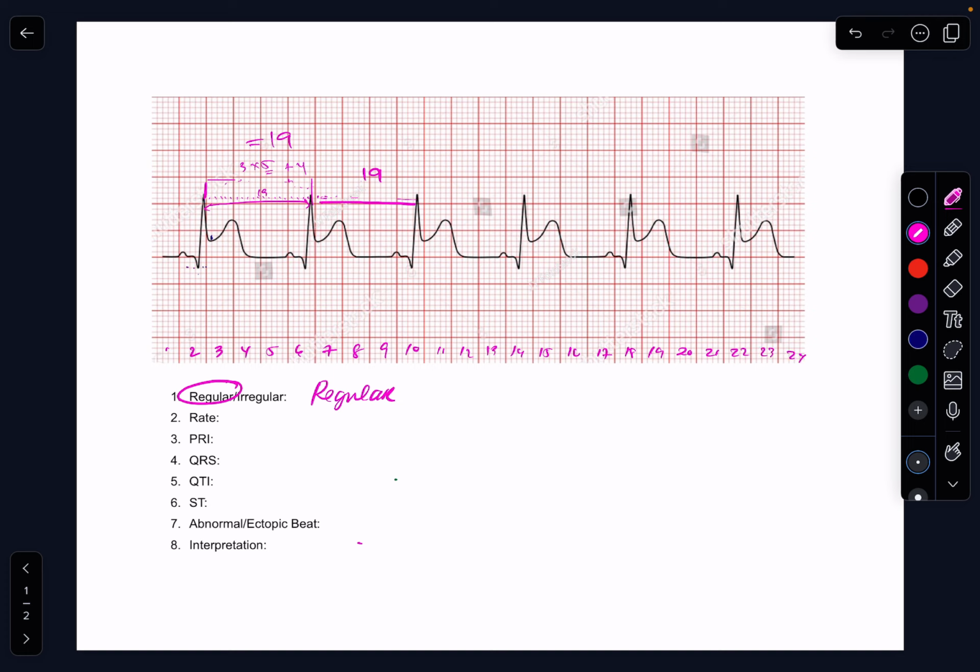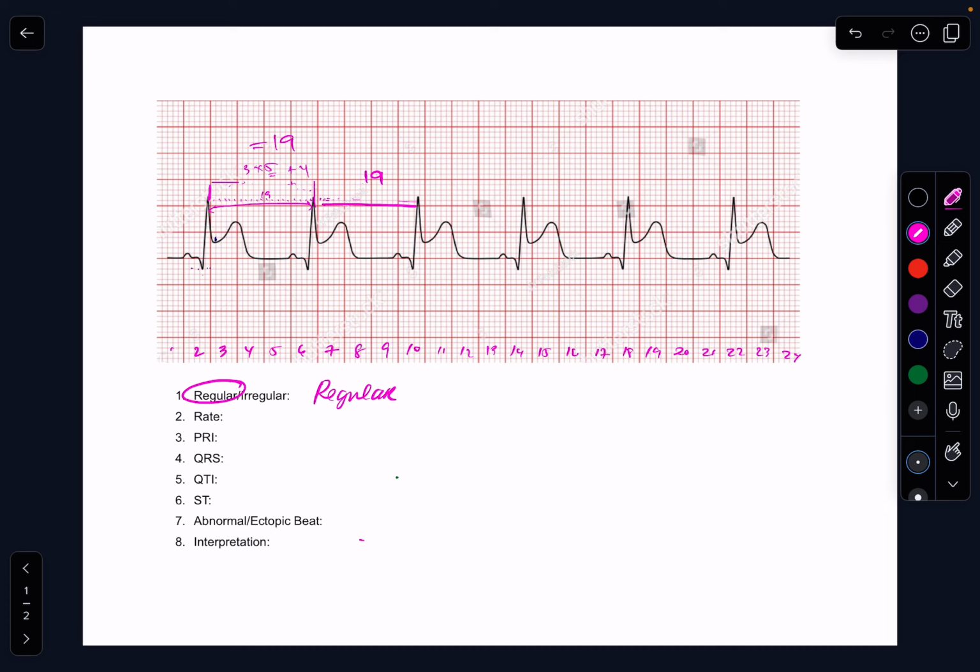Well, unfortunately, I can't use the 6-second method just because I don't have enough. Sometimes we may print our EKG strips and maybe we cut it too early, so we don't have that full 6-second, so we can't use that method. Well, my other option would be the 1500 method. And how do we do that again? Well, we do it by